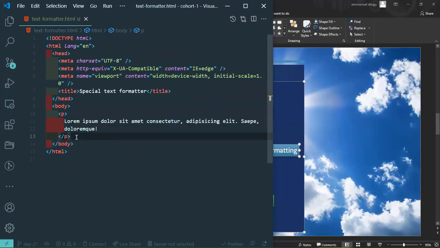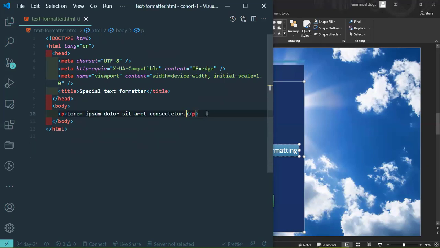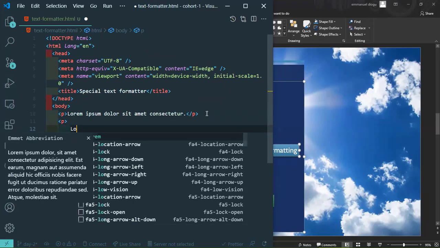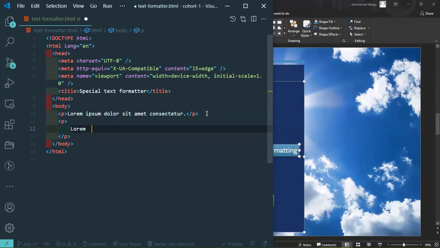So let me reduce it to lorem. Okay, so I'm going to create another one, a p tag, then I'm going to just write some gibberish, lorem, I'll give unnecessary space, ipsum,